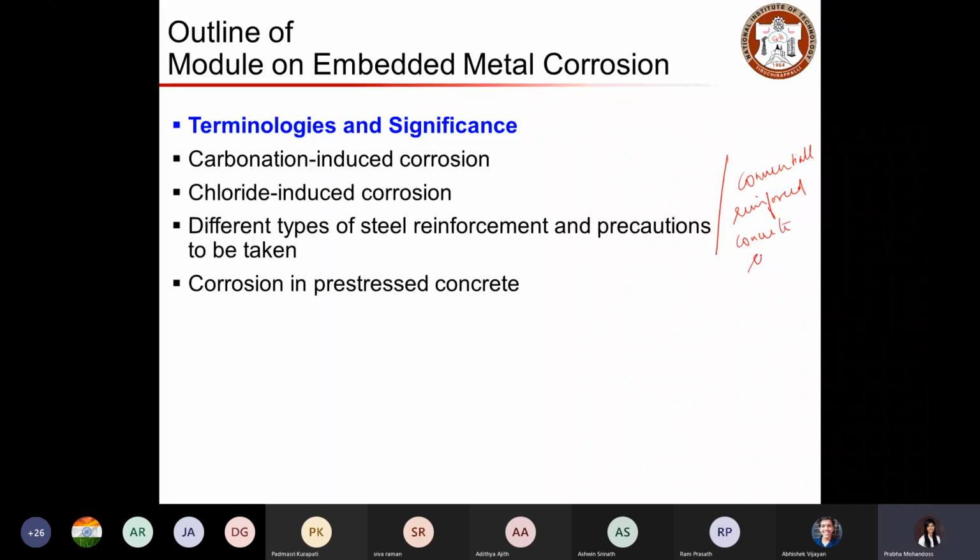Then the mechanism will be slightly different for the pre-stressed concrete system, where the strands will be under stressed condition.